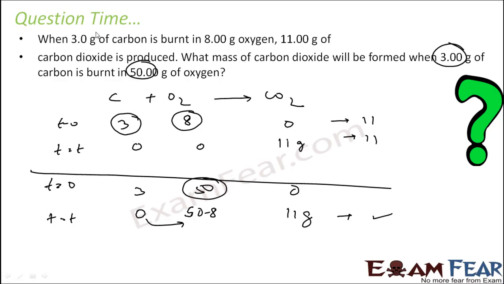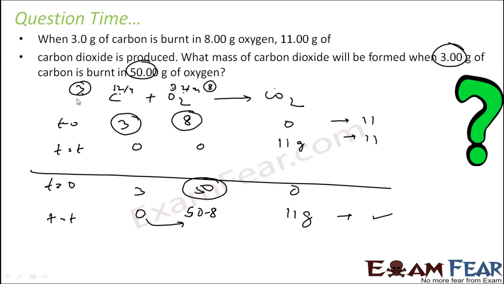And actually you can prove this using moles also. 1 mole of carbon reacts with 1 mole of oxygen molecule to give 1 mole of carbon dioxide. 1 mole is 12 gram. This is 32 gram. So 12 gram reacts with 32 gram, or divide each by 4. What do you get? 3 grams react with 8 gram, and that's what we have seen. Because of the common number we can divide. 3 grams of carbon will react with 8 gram of oxygen.